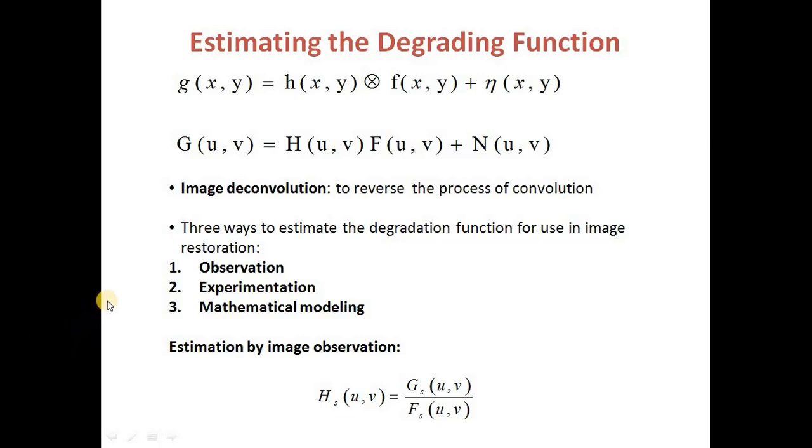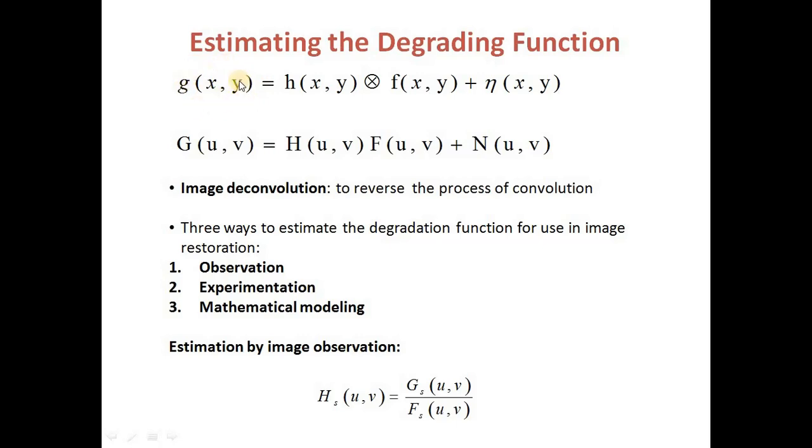Up till now we have been given a degraded image. We called it small g of x comma y, and we tried to model that degraded image as a convolution of the original image with the degrading function small h of x comma y plus an additive random noise. And since the degraded image has resulted from a convolution process, whenever we try to do the restoration of the image, that is, estimating a good estimate of the original image from the degraded image given to us, whenever we